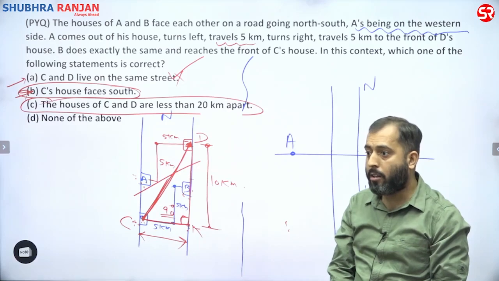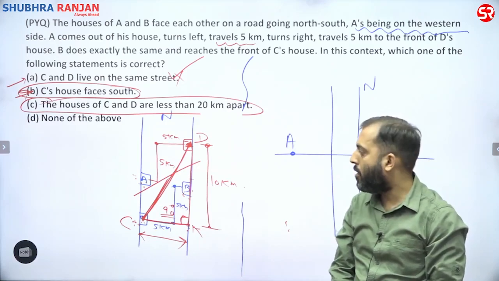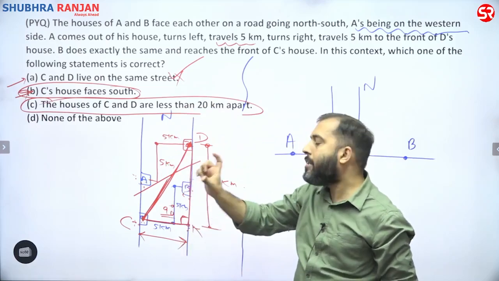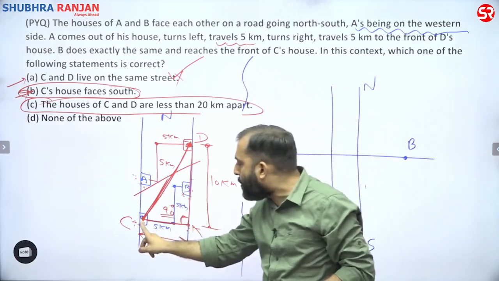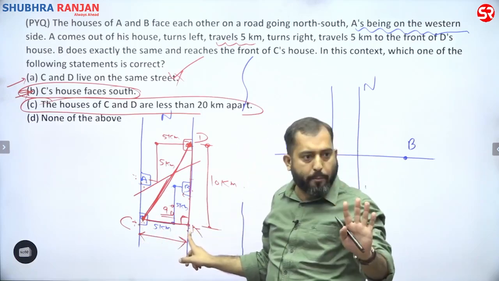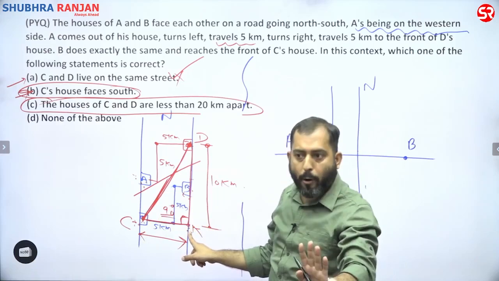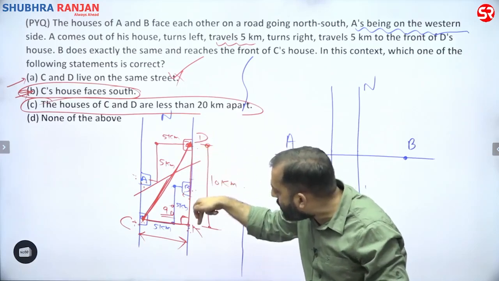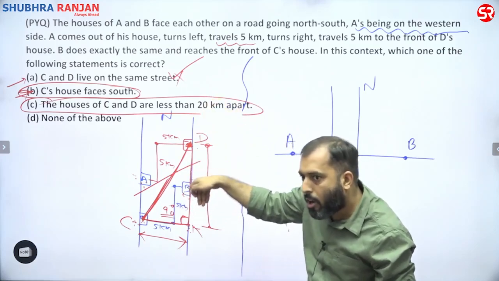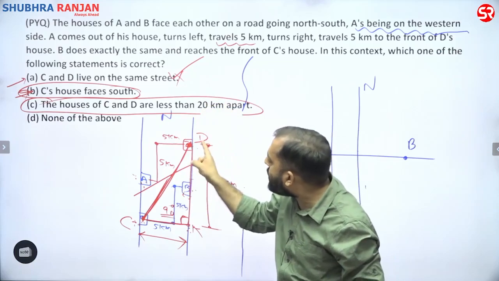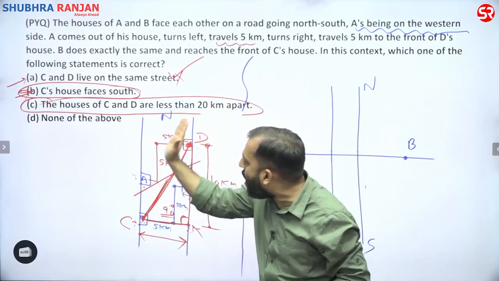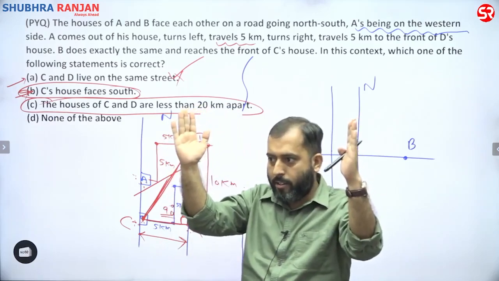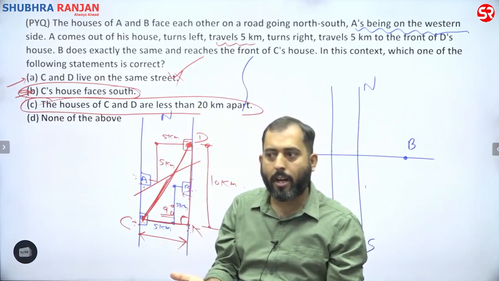Yes, this is one street, no? See, if you take the distance between this point and that point to be 5 kilometers, this is only possible when B and D lie on the same line, or I can say D, B, A, C all lie on the same street, just opposite to each other. That is the only way a distance of 5 kilometers is possible.